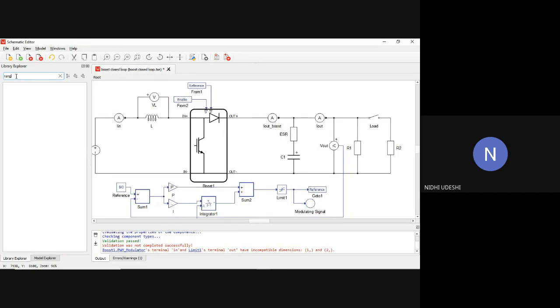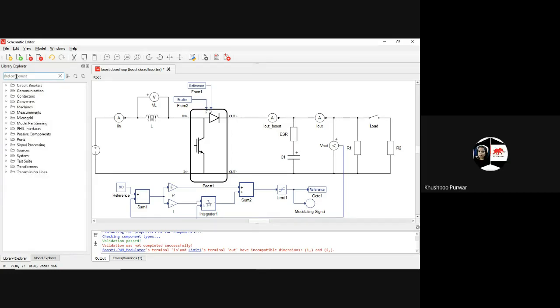Ma'am, how does the integrator have two inputs? How will the integrator get the input?